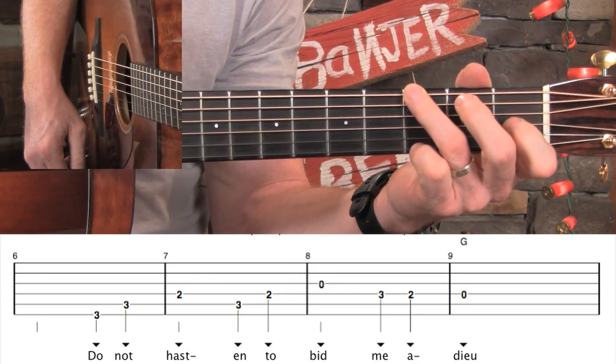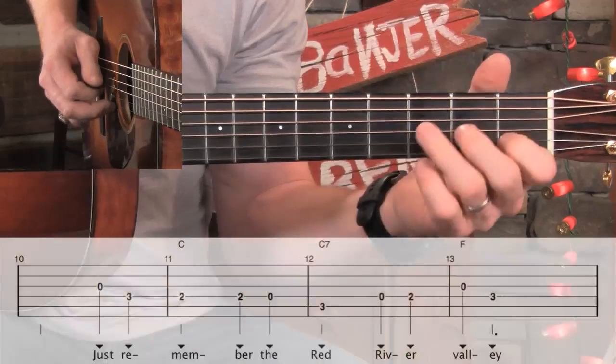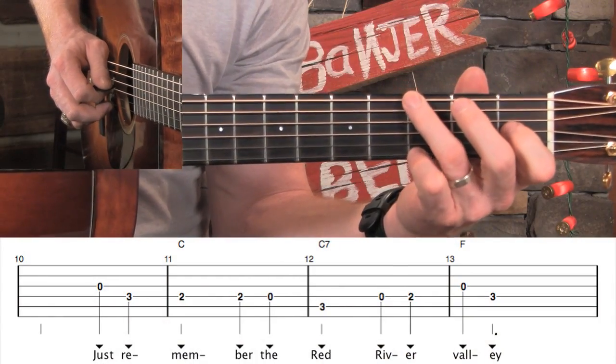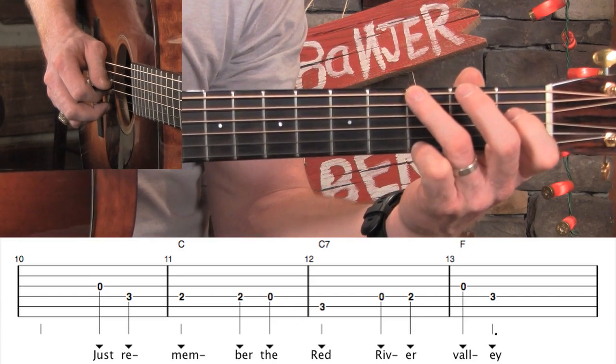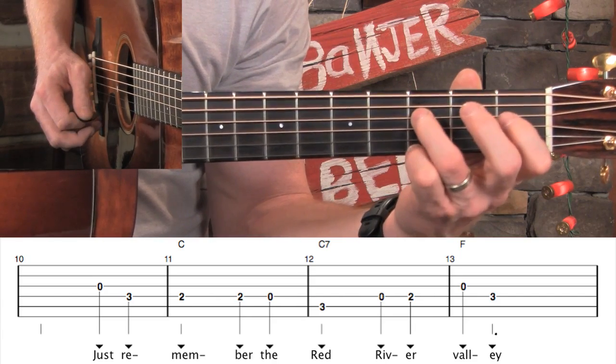We'll do it slower later. Measure 10, we can go back into where we're holding our G chord, right? And so this is good practice for as we go ahead. I want you to